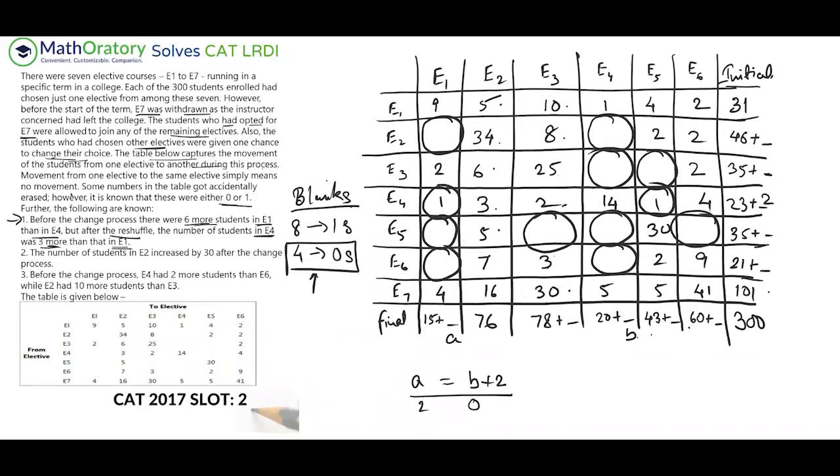Now, if B is 0, all of these blanks will be 0, isn't it? But then A becoming 2 implies that there will be only 2 of these blanks getting ones, which means that 2 more will be zeros. But how can we have 6 zeros in this entire table? We just have 4 zeros available to us, right? So B0 and A2 is not possible.